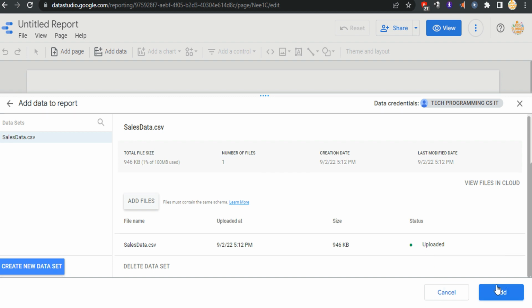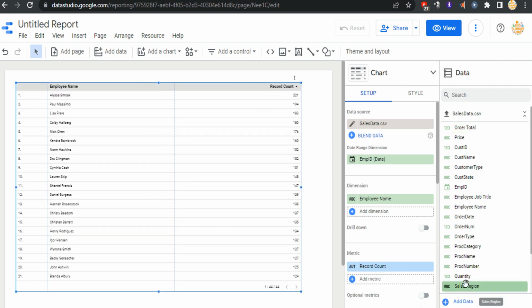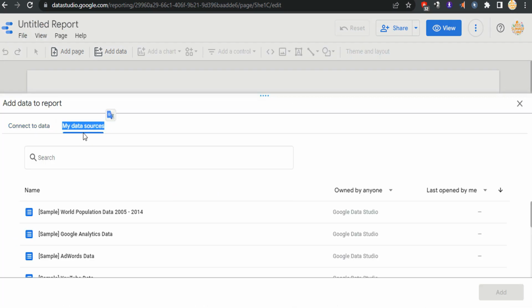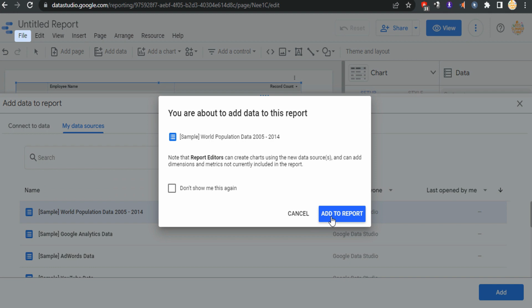So here I just want to show you how we can upload and connect with the data. So let me delete this data file. Now let us upload another data file. Next, click on My Data Sources. And here we can see this file world population data 2005 to 2014. So here we will be using this sample data. Let us select this file and then click on add. Select add to report and once again